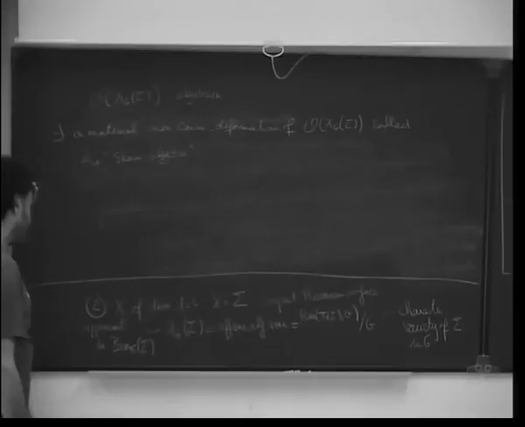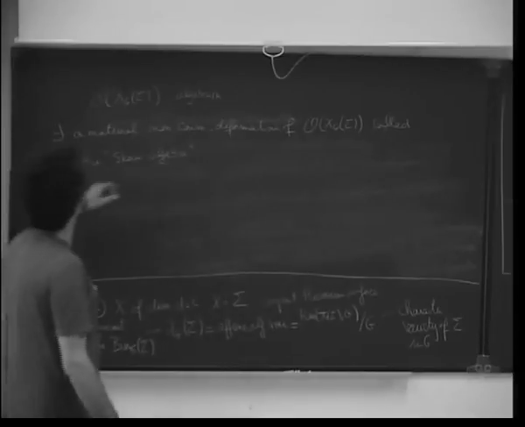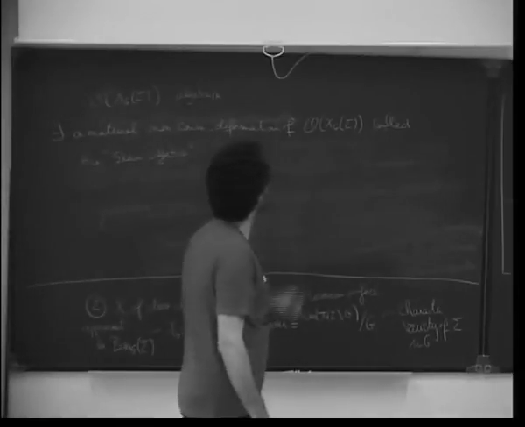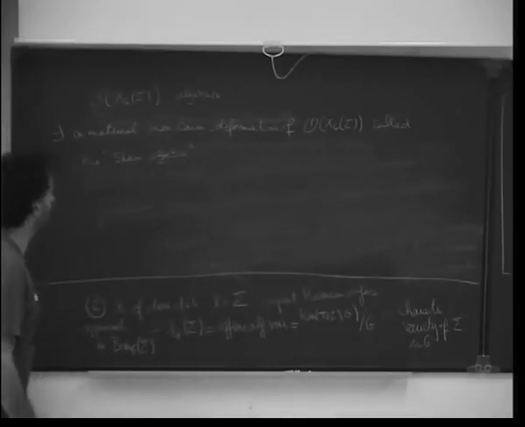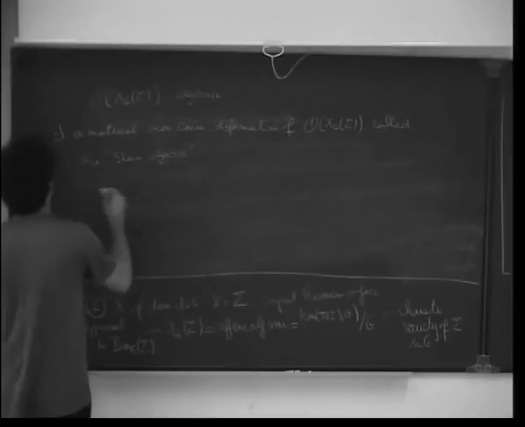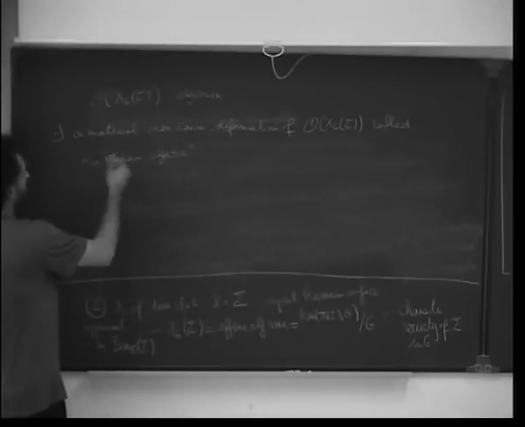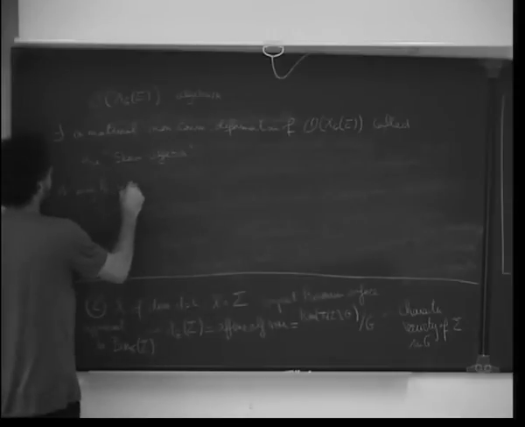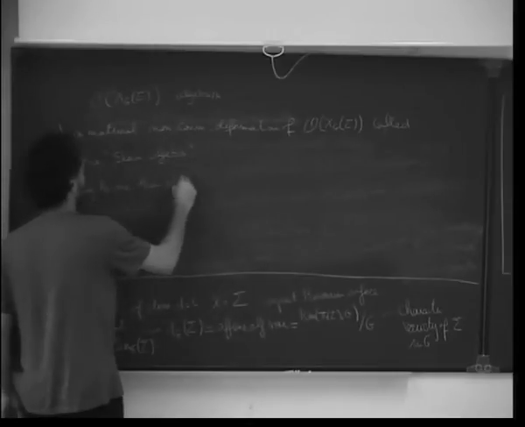I'm not completely sure about the literature here, but when G is SL2, this is really called the Skein algebra, and it has some presentation by generator and relation. It's rather explicit. But it's directly related to a deformation quantization of a natural Poisson structure on this guy here. So a way to see this deformation